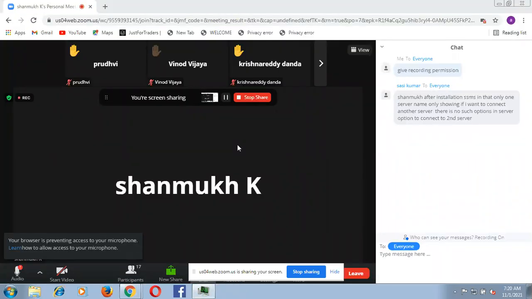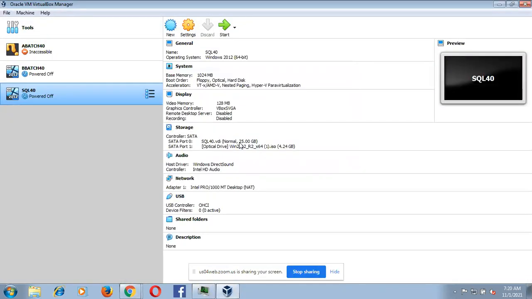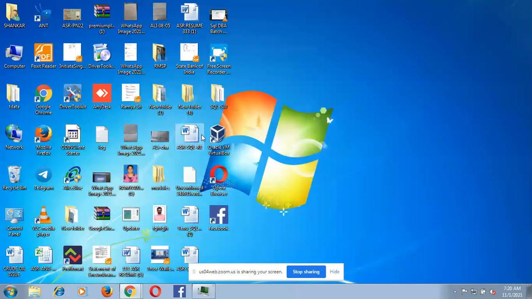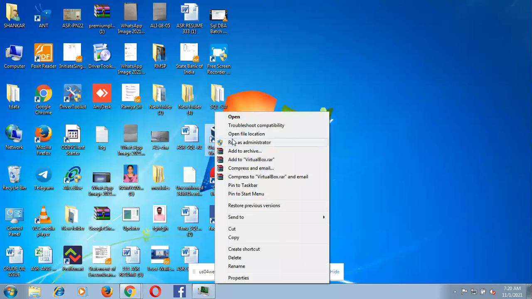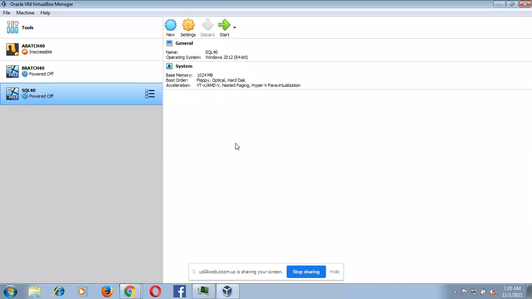Open it again with Run as Admin mode. Right click, Run as Admin. Close it and open with Run as Admin again.